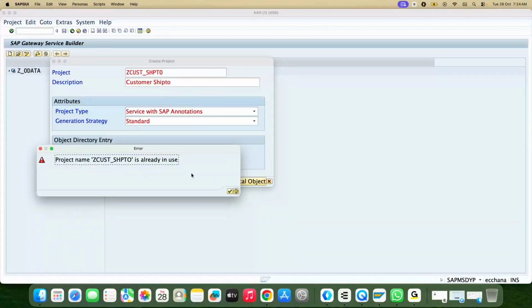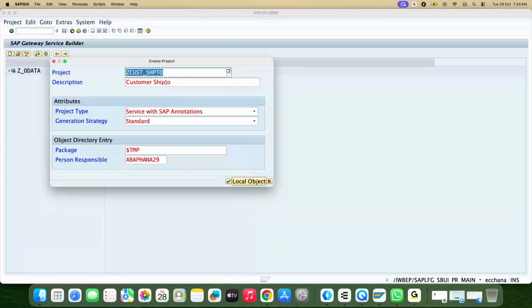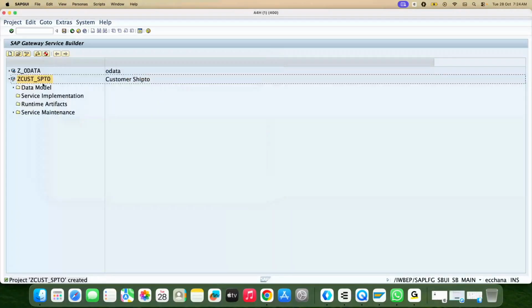This name is already in use. Okay, let me change it. Continue. So now we have our project created, and inside this project you can see data model, service implementation, runtime